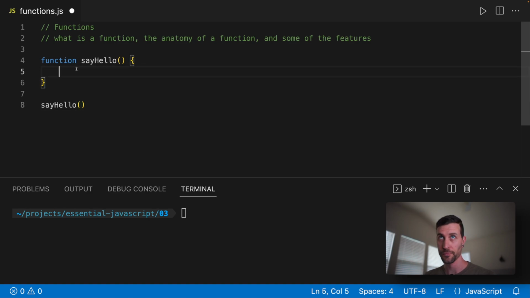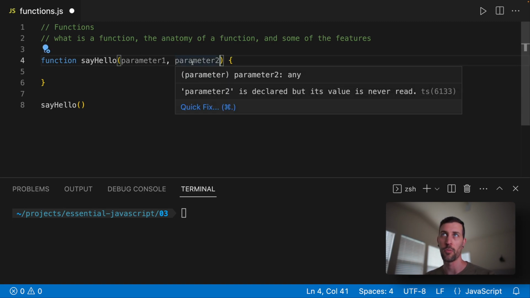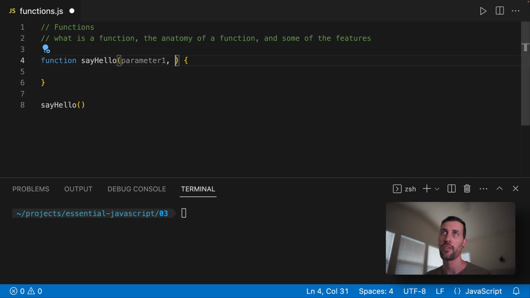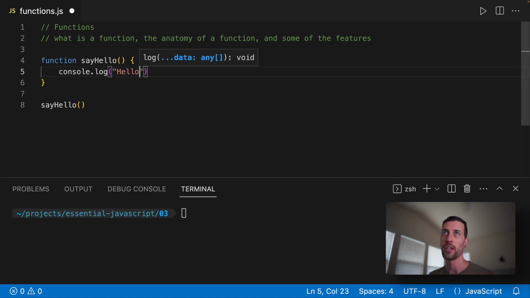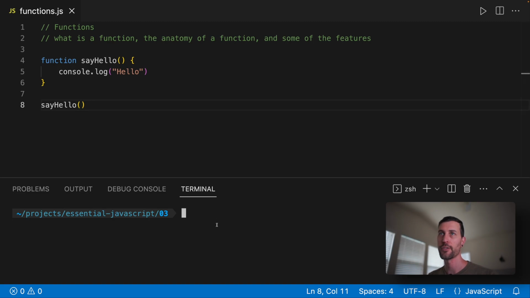So in say hello, we have this keyword here, which is function, so we need to use that first. This is the name of the function. This here is the place where we would define any parameters. So if there was a parameter 1, parameter 2, for example, there can be more and more parameters. That's where we would define those, and then inside of these curly braces here is where the logic of the function occurs. So in our case, we could do something like console.log hello,